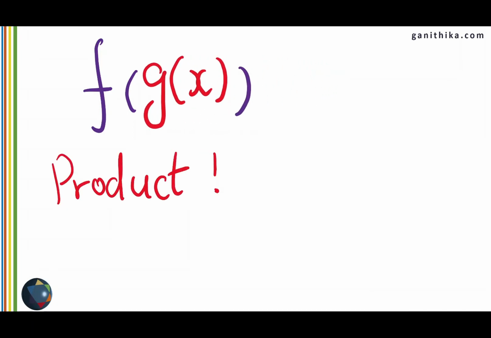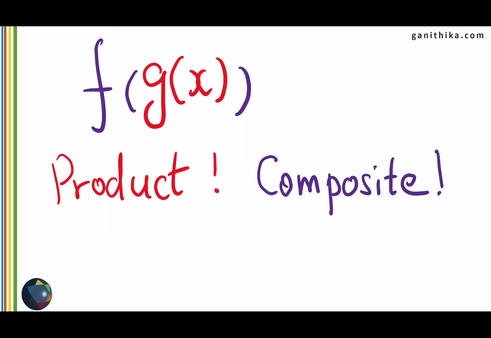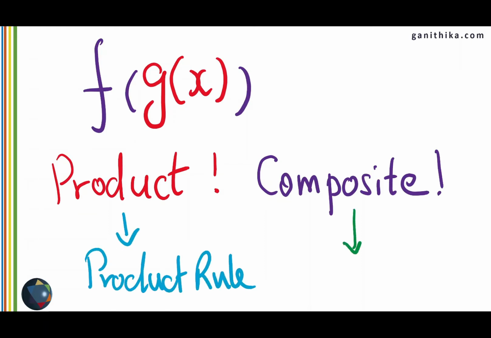But when this g of x gets into f of x, like this, f of g of x, then we call this a composite function. The confusion arises when you cannot identify a composite function from a product function. Now that it is clear, you know that you should use product rule for product functions and chain rule for composite functions. Once you can identify product and composite functions, you can easily apply the product rule or chain rule